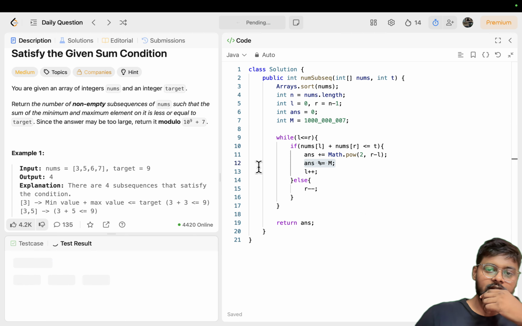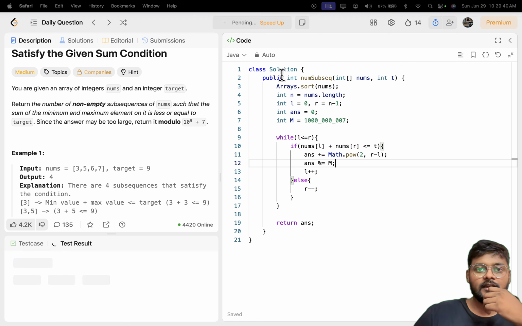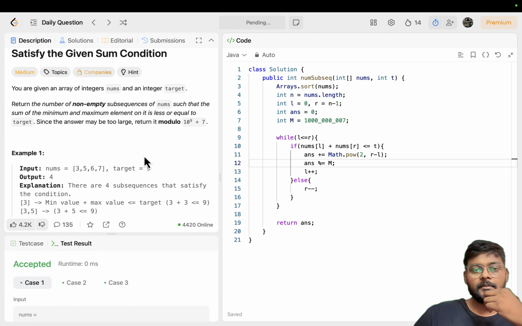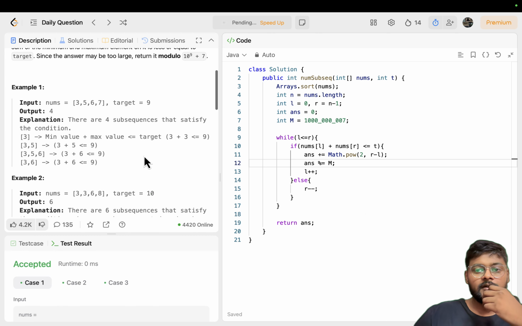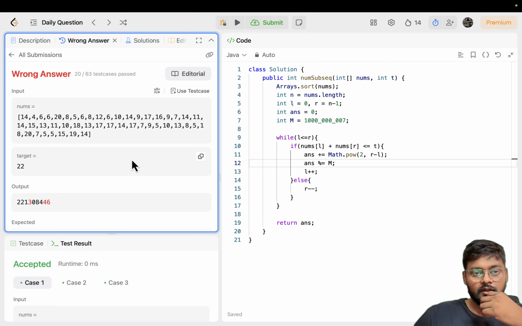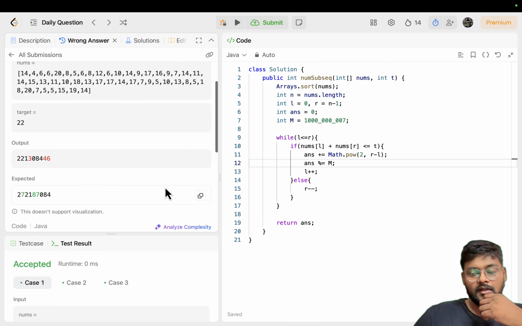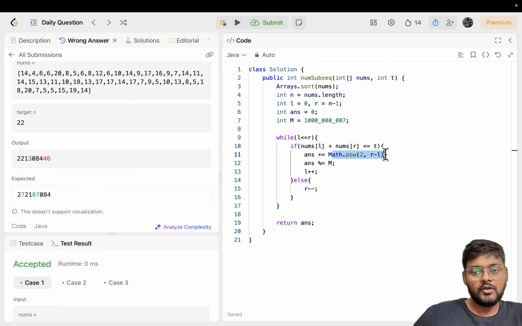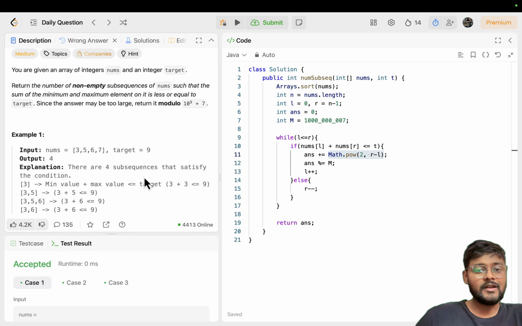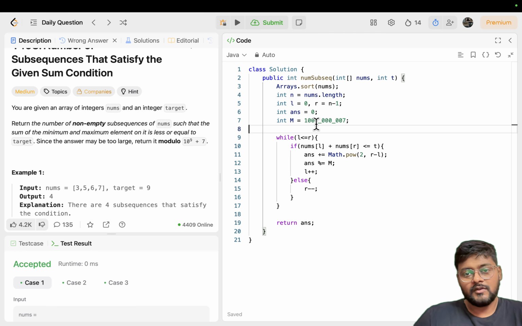So if I run it again, sample test cases will pass, but if I submit it, it should give me a wrong answer. Yeah, wrong answer we are getting. Why? Because we have not introduced modulo in the power function. The power function itself is not going to give us the modulo. Either we have to write the power on our own, but otherwise it is going to give us TLE, because 2 raised to power up to 10 to the power 6 every time we are going to calculate. That is not feasible. So precompute, do the pre-processing